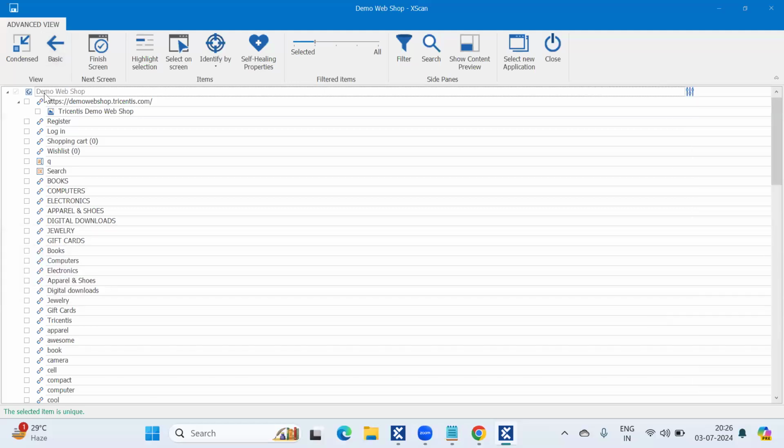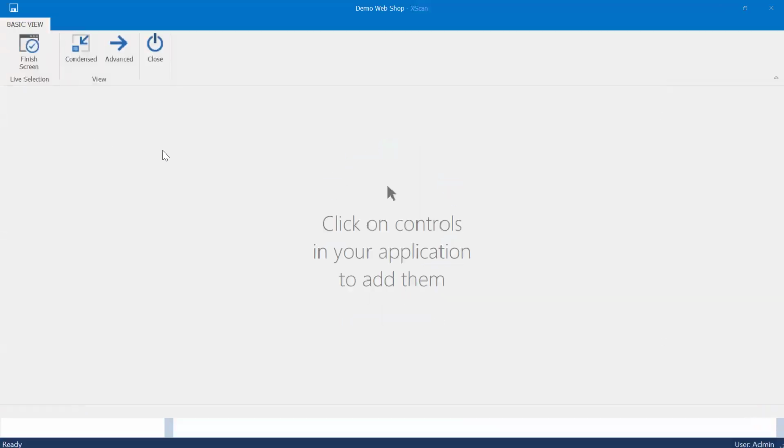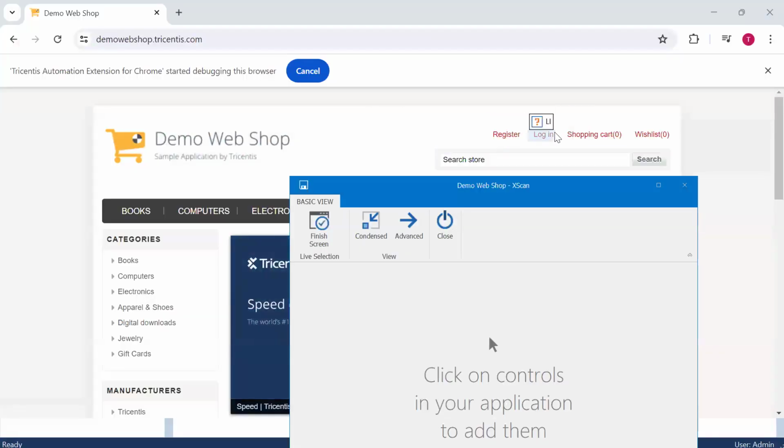If you are in basic view, it will be like this. You need to drag your XScan window like this and select the controls. No other options will be shown for you here. You can only select the controls from here if you are in the basic view.